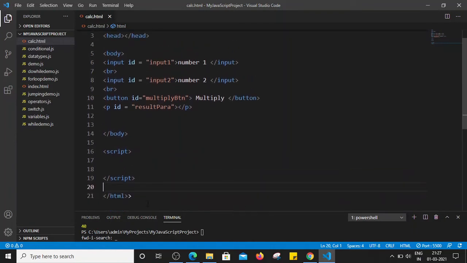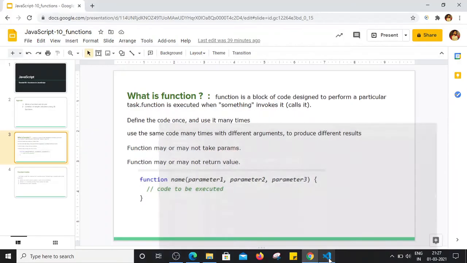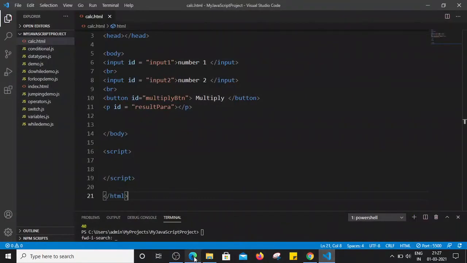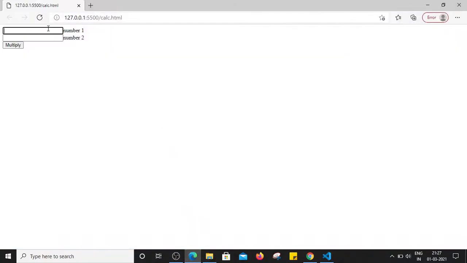So basically to do that, there are three things. We will have to capture the values of these two fields. Whatever the user enters in these two fields, we will have to first capture those two values. Then we will have to multiply those values and display that result in this paragraph.